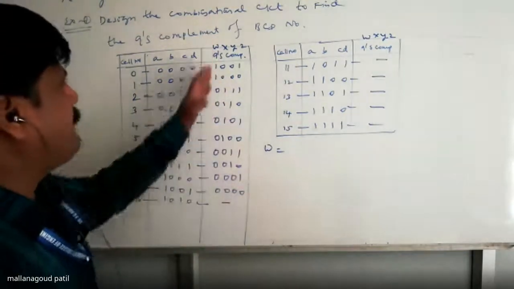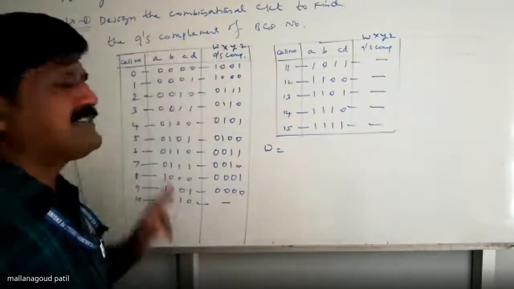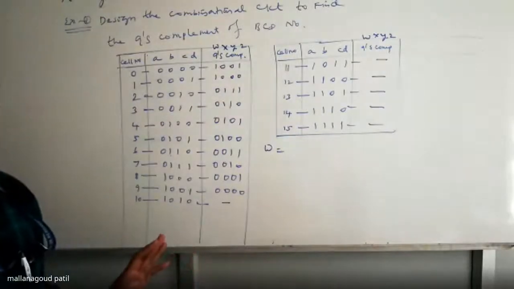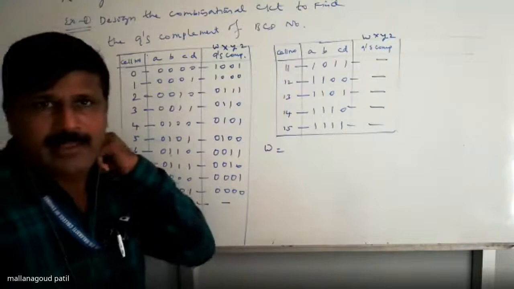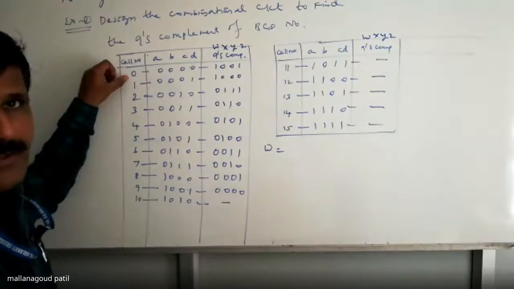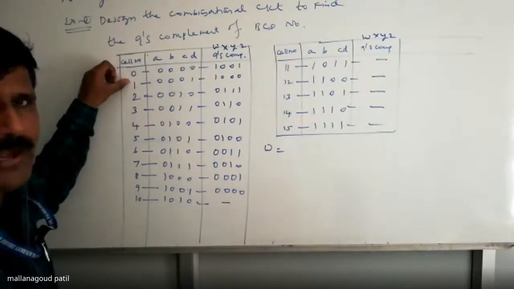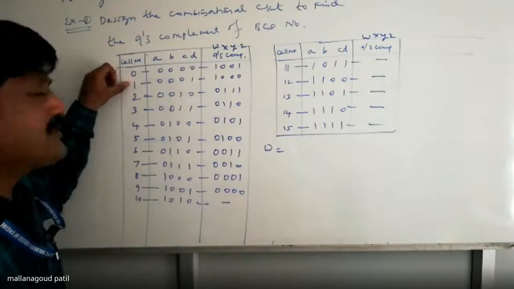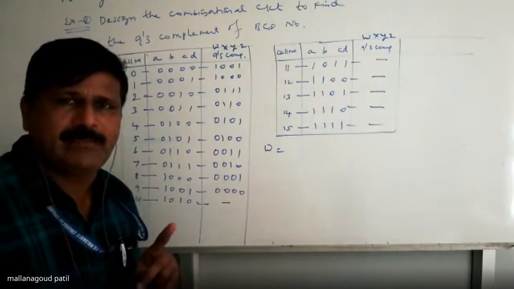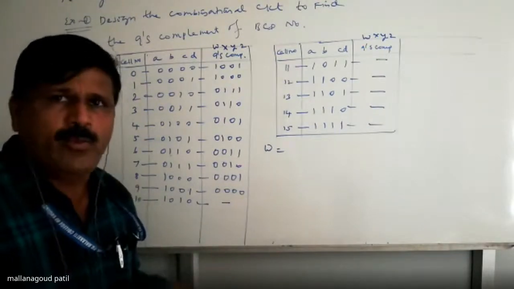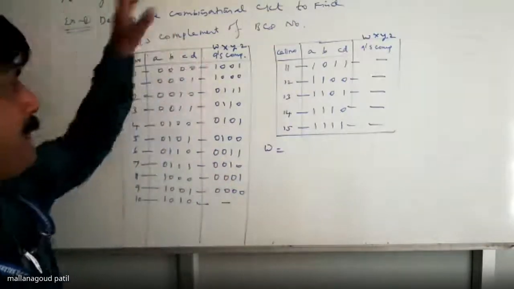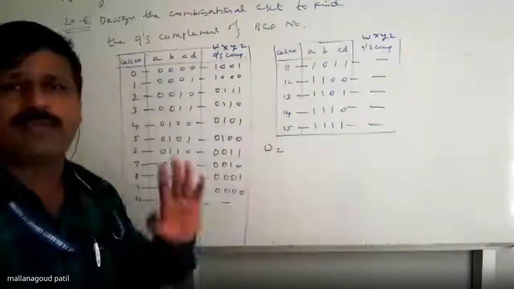See here, W indicates the first column, X the second column, Y the third column, Z the fourth column. Now you write where you have a 1 and where you have a 0. In which row you have a 1 and which row you have a 0, based on the cell number. Then I can write the min term. Where it is 1, I consider that the min term exists in the design. Where it is 0, you just discard. Particularly from the idea, bringing it into a truth table, you go for which one?